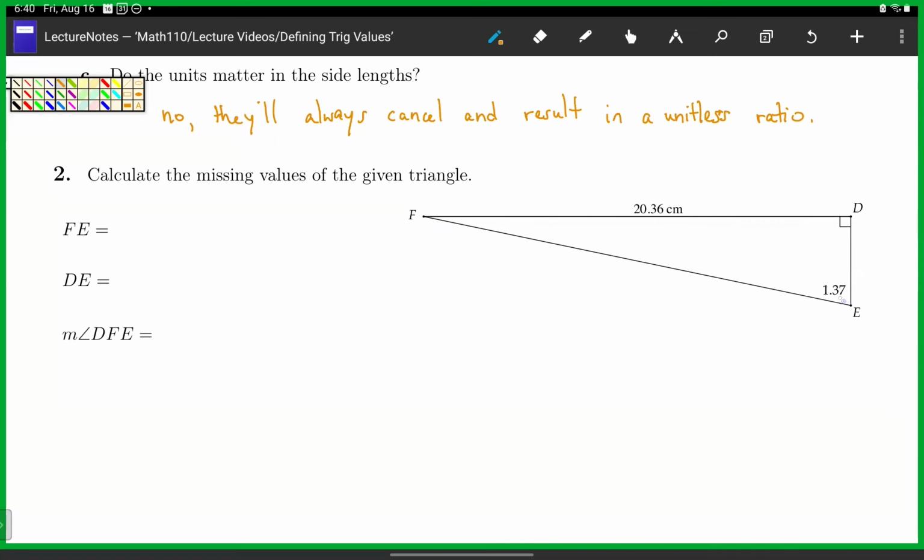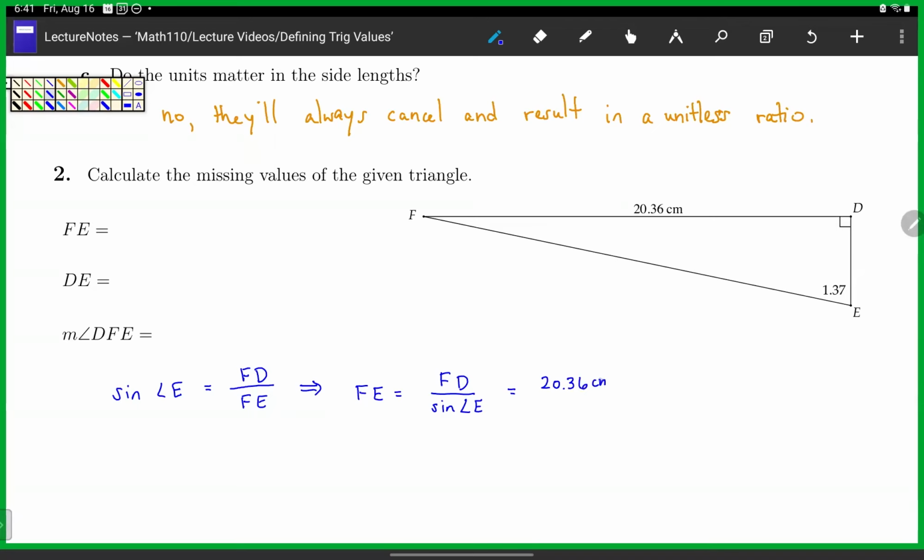So FD is the leg that is opposite of angle E. I know that the sine of angle E is equal to FD divided by FE, which tells me that if I want to find FE, I can solve that equation, and it will be FD divided by the sine of angle E, which is, FD is